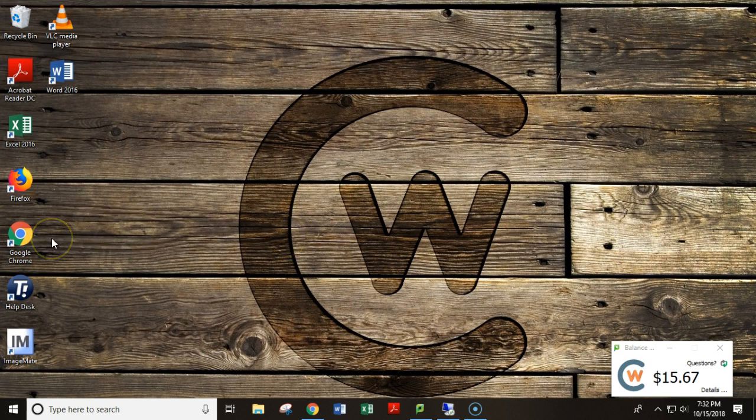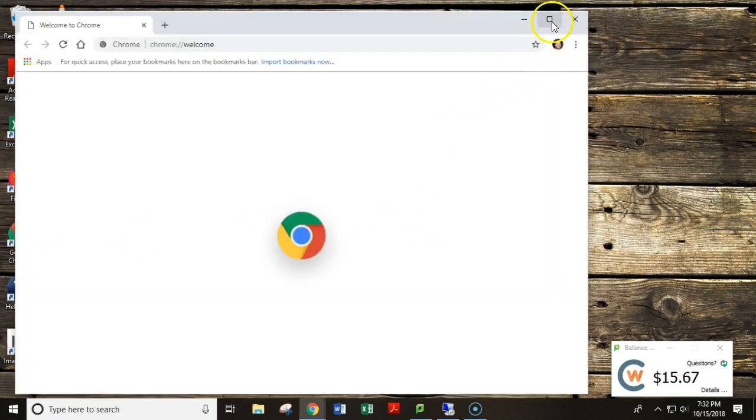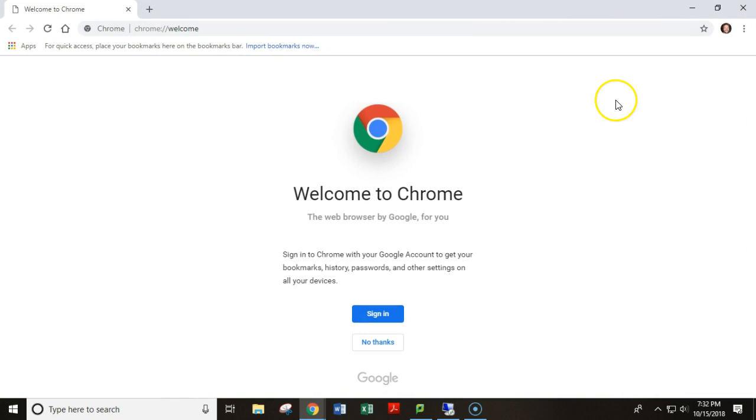Now the next thing you want to do is set up your default browser. So go ahead and go into either Firefox or Google Chrome, depending on which one you use the most, but I would recommend Google Chrome. Go ahead and full screen that. So it gives you the option to sign in if you want to. You don't have to,